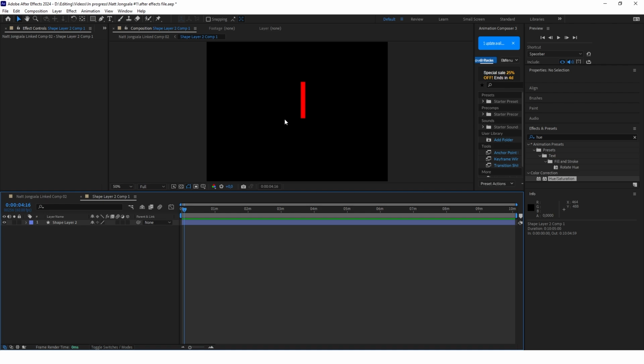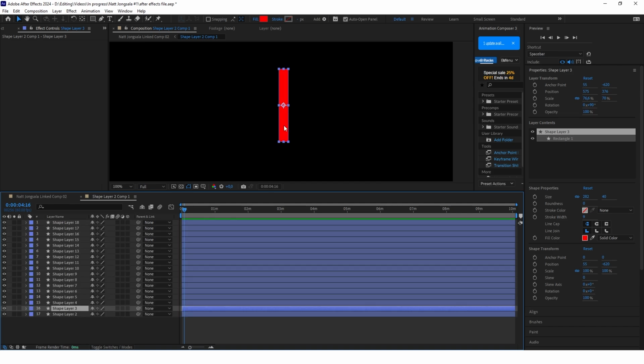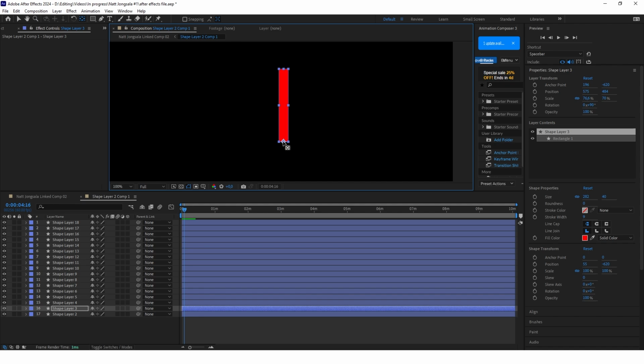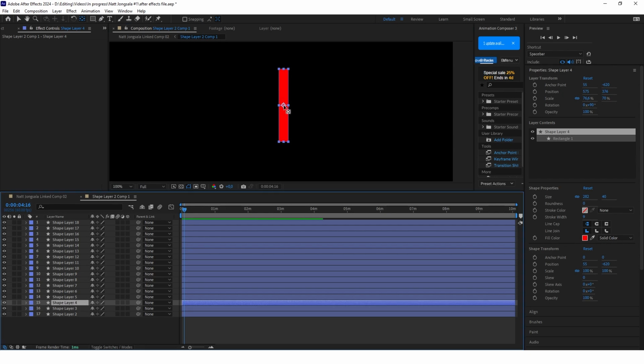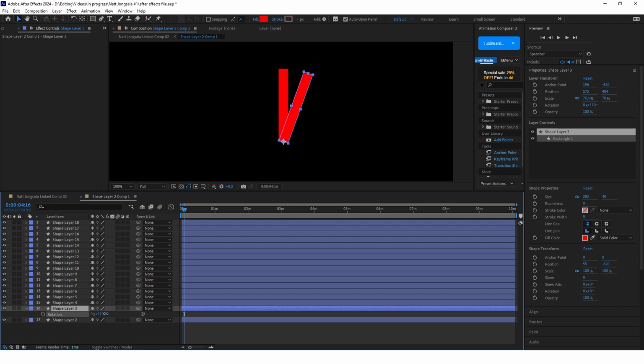I have counted and we'll need 18 of those rectangles, so just copy this layer 17 more times. Now we'll adjust the anchor point. A very important thing is to go here, click there and put the anchor point at the bottom, because this will allow us to rotate all of these rectangles to create this circle shape. Adjust this anchor point for every one of these rectangles. After that, one by one on every one of these rectangles change the rotation to create this shape. I will be back when I do that.